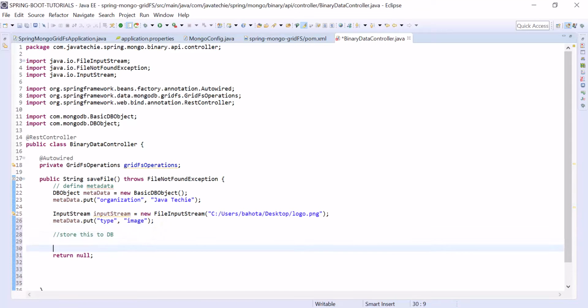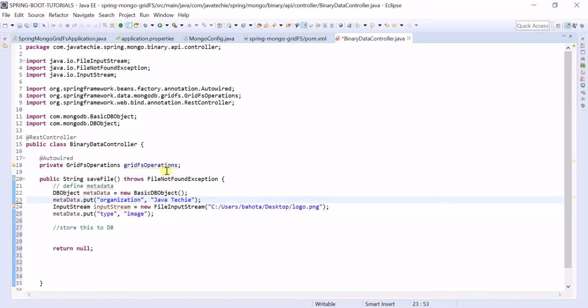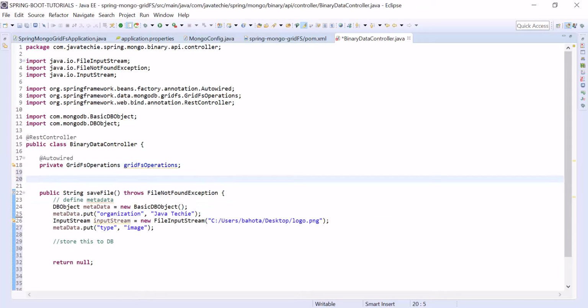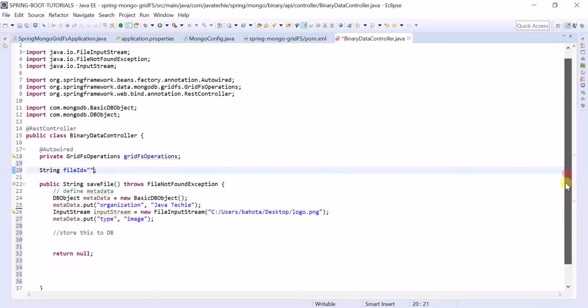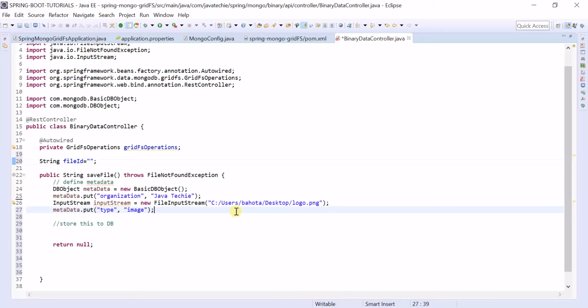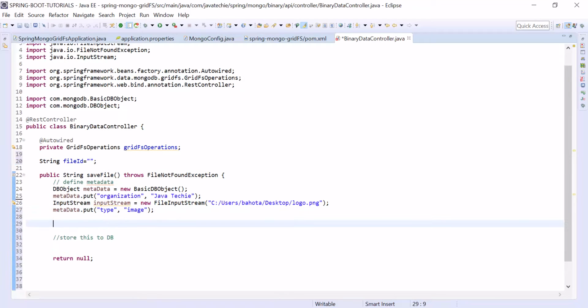So to store it, we need to call this GridFS operation's store method. Once it stores, it will give one file ID. So it is better to declare a global variable, string fileId. Let's call it fileId equal to